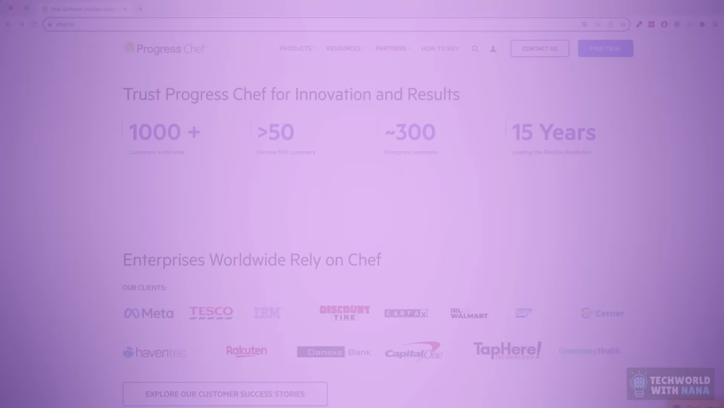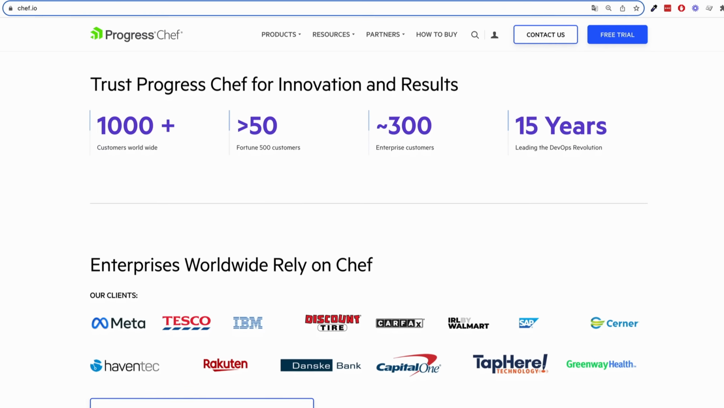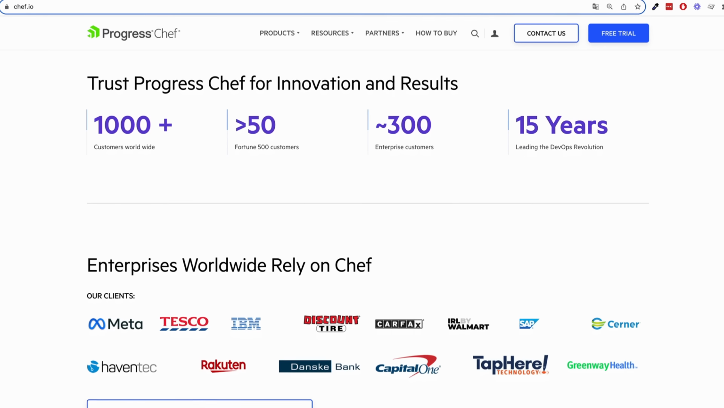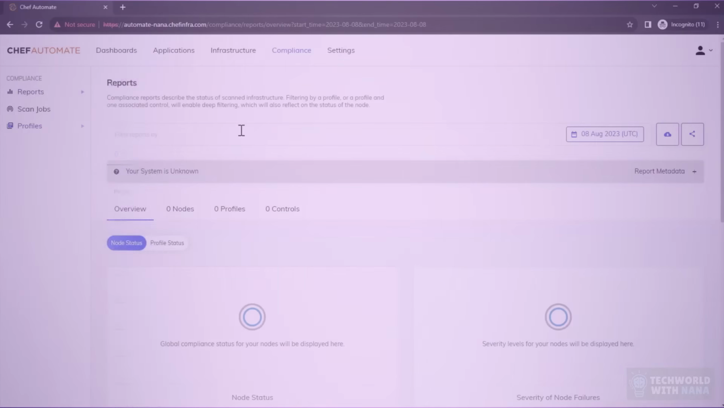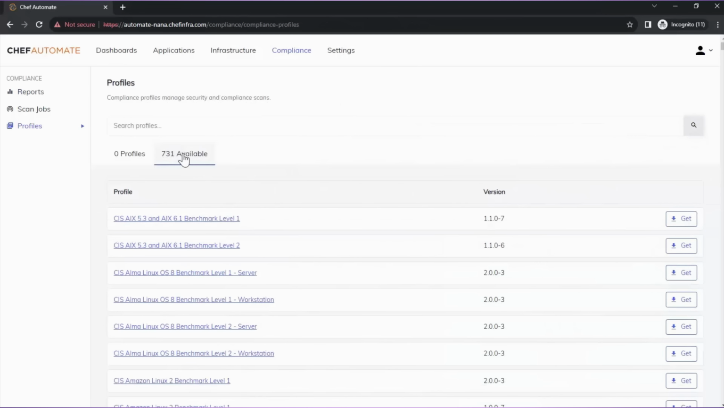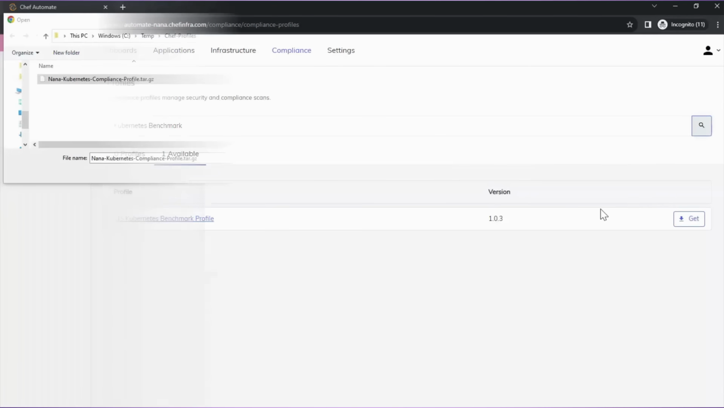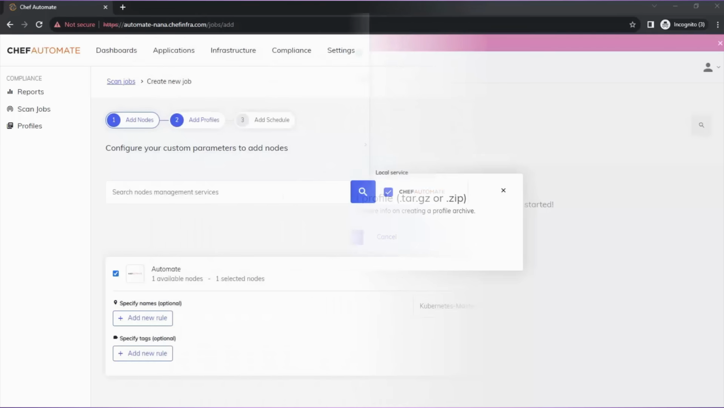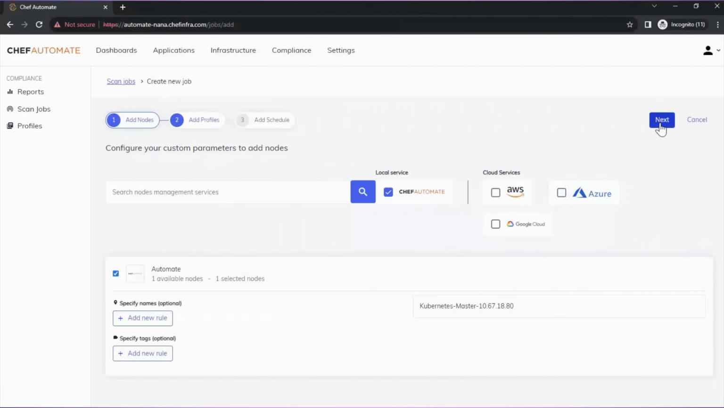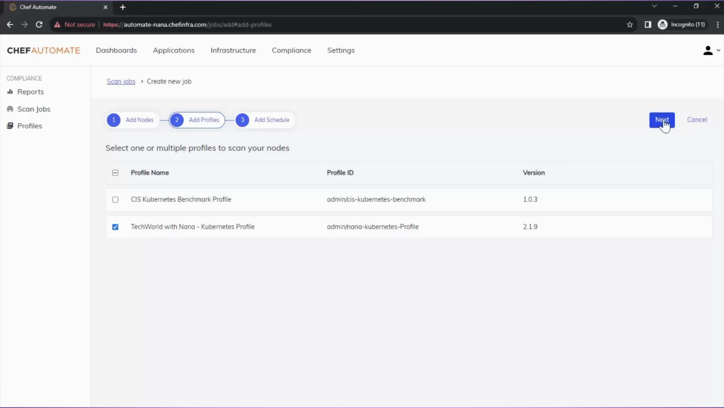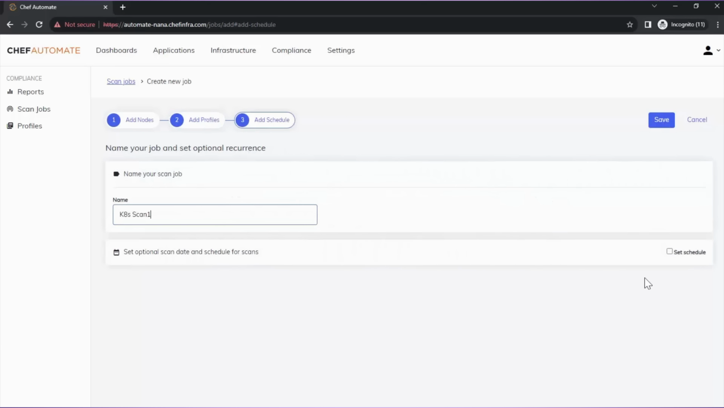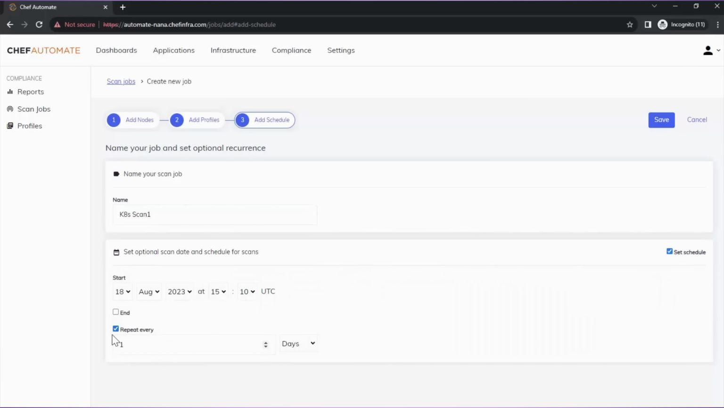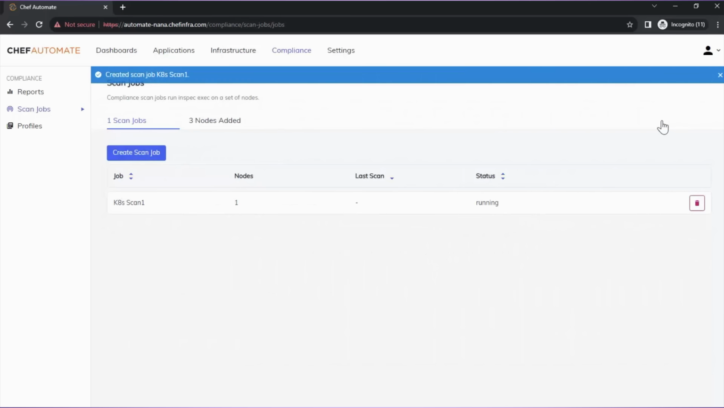If you've been in DevOps long enough, you probably already know that Chef is a well-established and widely used technology in the industry. Chef Compliance provides packaged CIS benchmark profiles, and these profiles can be easily customized to support your organization's specific security and compliance requirements. You can schedule those compliance scans for single or multiple environments, and you can run them regularly or on demand